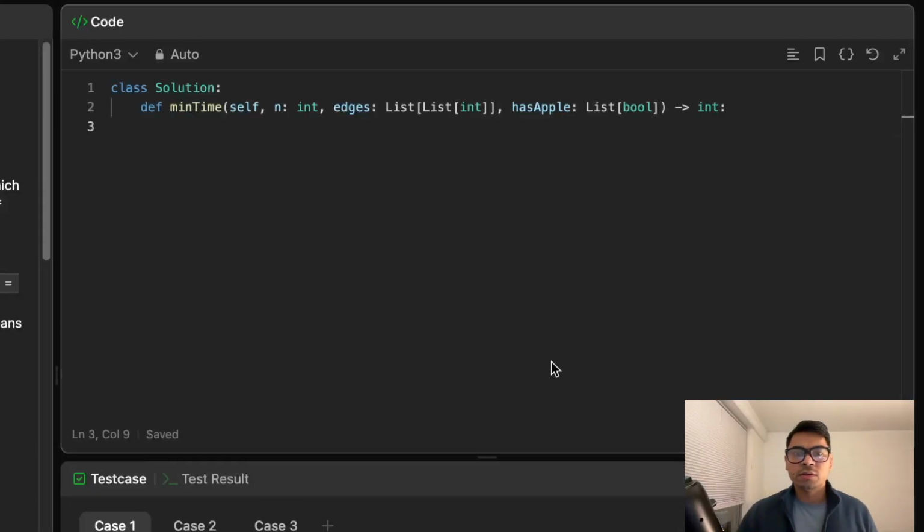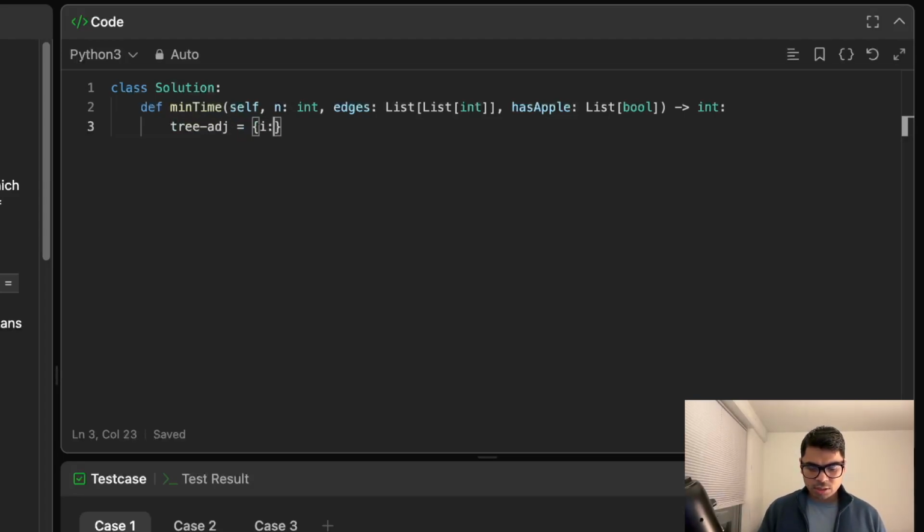Okay, so let's code our solution here, and as I said, we need to create this tree's adjacency list of each vertex and their neighbors. So let's call it tree adjacency list, and that will initially be empty. So every vertex gets an empty array as neighbors, and that will be for i in range n. Now let's fill it up for v1, v2, basically vertex 1, vertex 2, in edges,